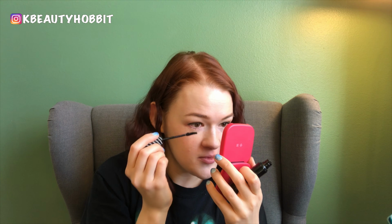Trying not to open my mouth when I'm doing mascara, and it's hard. I'm so used to opening my mouth. For years I used to not put mascara on my lower lashes because everything flaked, and by the end of the day I'd come home and I would have a shadow of black mascara under my eyes no matter what I did. But now thankfully with Korean mascaras I don't have that issue anymore,